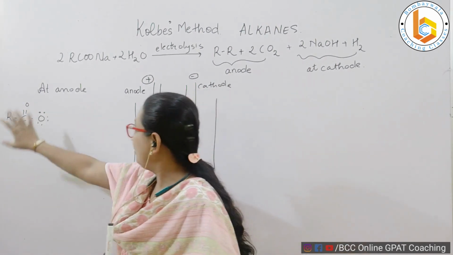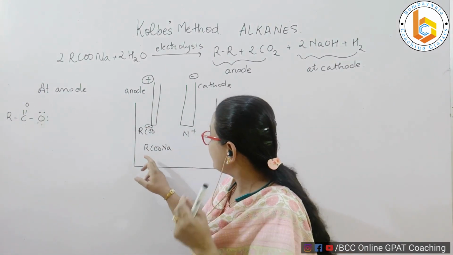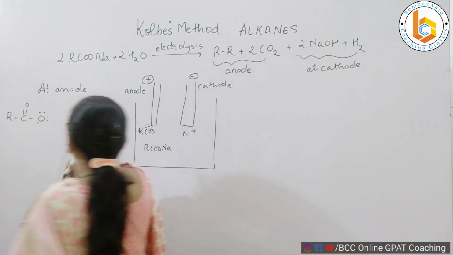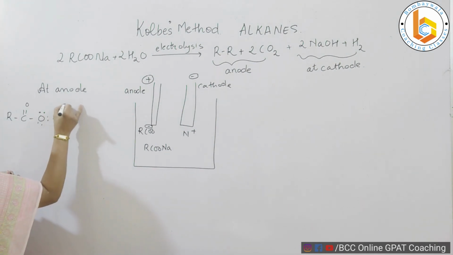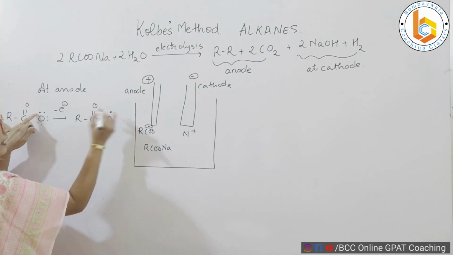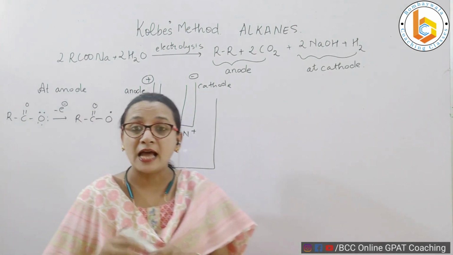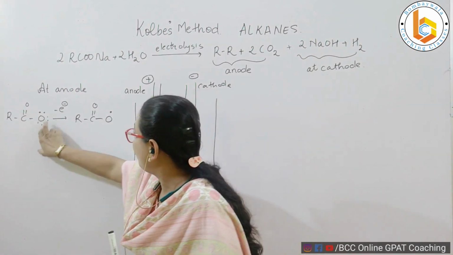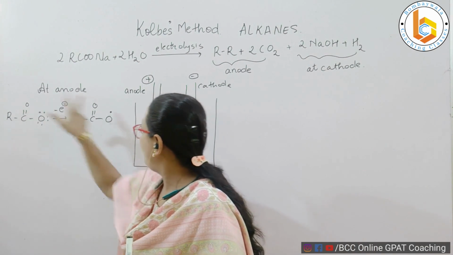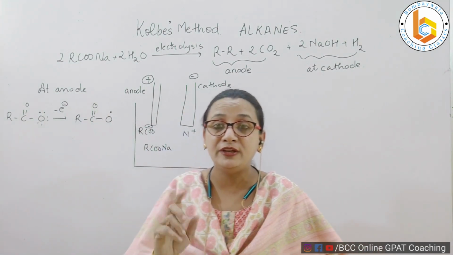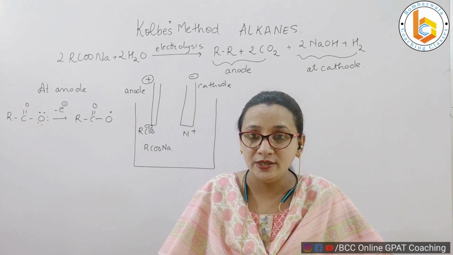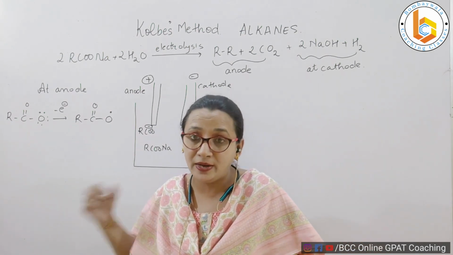Okay, so that is done. Now what will happen is that when this acetate ion goes towards the anode, which is positively charged, it gives its one electron and converts into the acetate free radical. For the sake of convenience, I am not writing the lone pairs of electrons once again, so that you can see that a paired electron now becomes an unpaired electron, which is a free radical. Do watch the concept of free radical very closely so that you understand these reactions well.